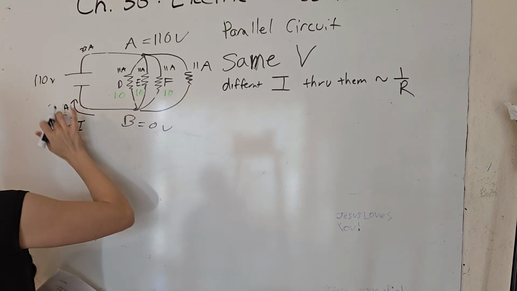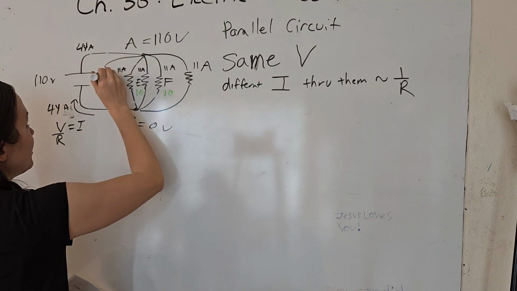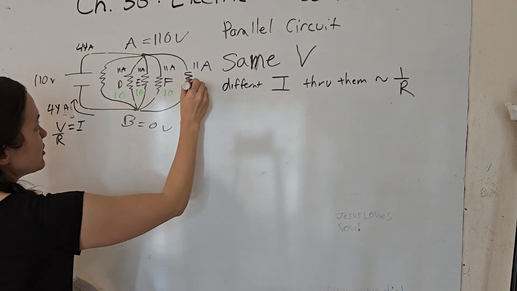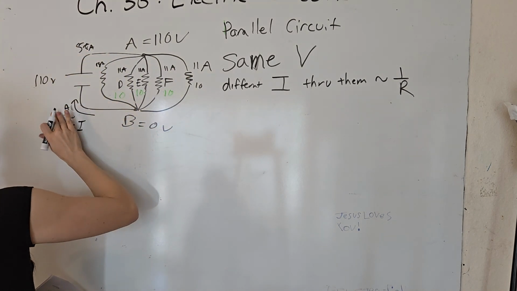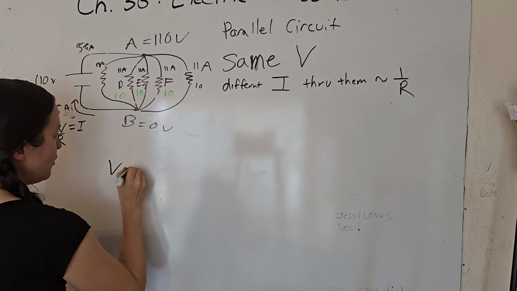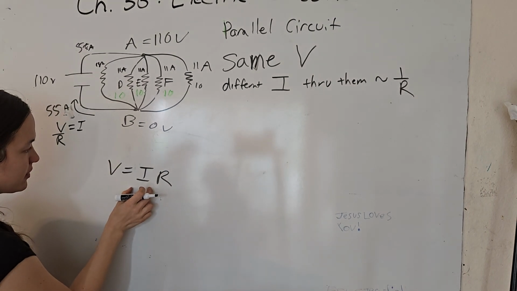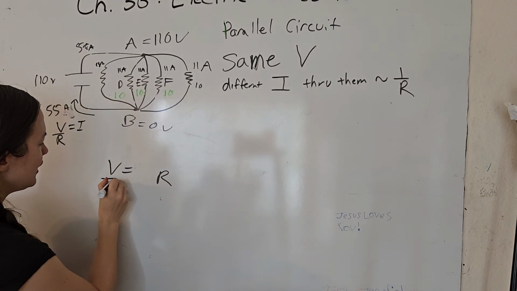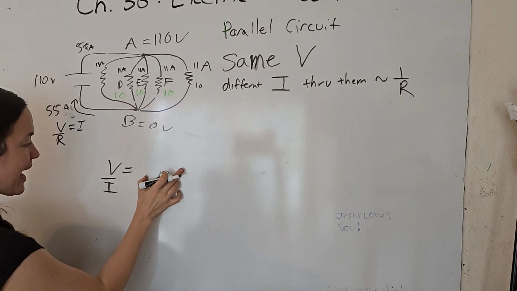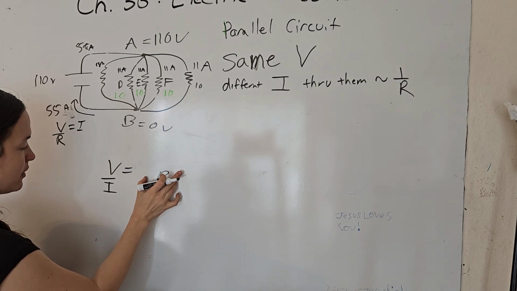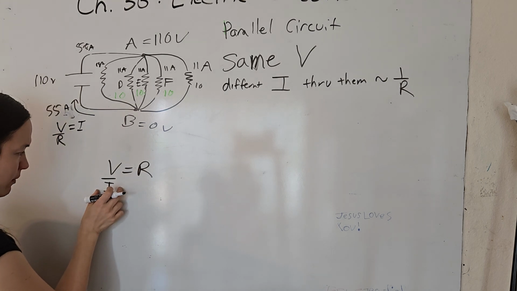And now my total current is going to be 44 amps. If I draw yet another branch here, with a 10 ohm resistor, I'm going to get another 11 amps, and now it's going to be 55 amps. Right? By Ohm's law, looking at this, I know that the more current is going through,